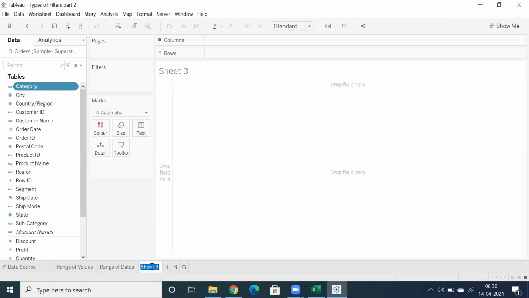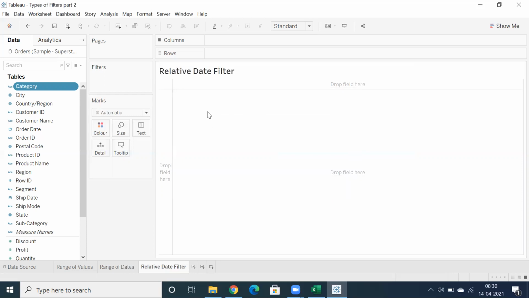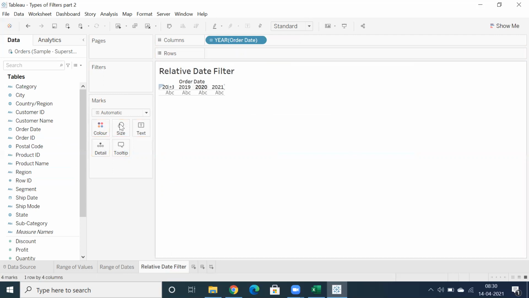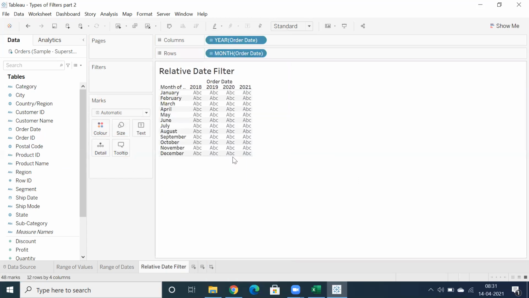So we have the relative date filter. One of the flexibilities we do have is the relative date filter in Tableau. So let me showcase that. You'll understand the flexibility of this filter. As I said, it's also a date filter, right? Filters on date, we have a range of dates. See, even I dropped order date into columns and rows, I'm getting year of order date. But now in the rows, I want to showcase at month level. That's the reason I selected month.